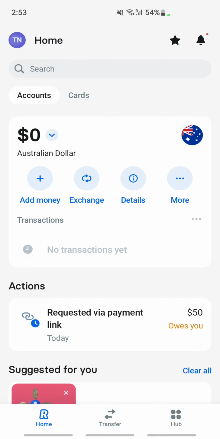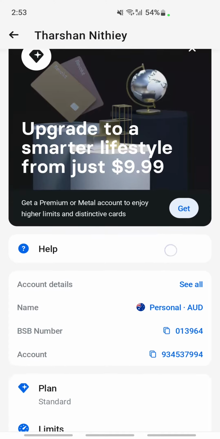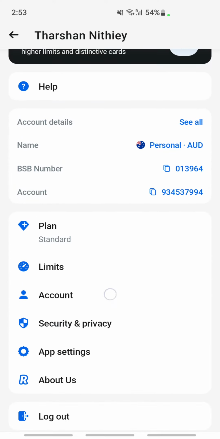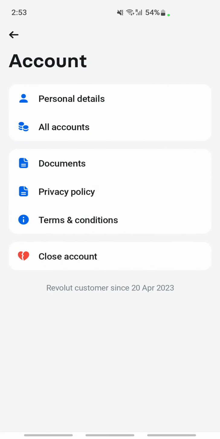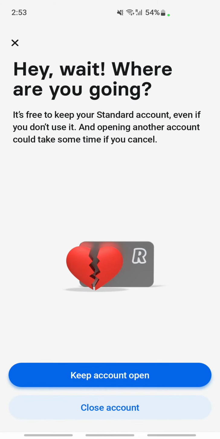profile here on your top left. Just click on it, then scroll down. You will see your account option. Click on account, and then when you get to account here, you will see an option close account. Click on close account. So you have the option here where you can keep your account open or you can